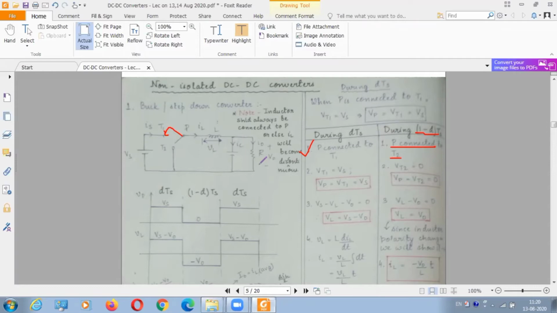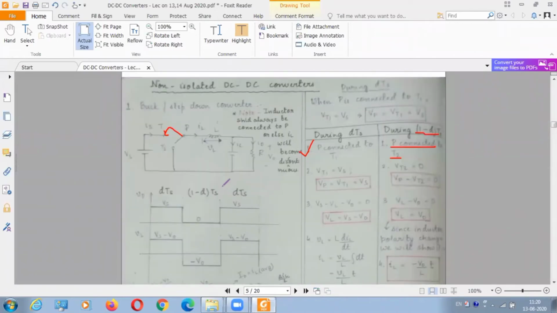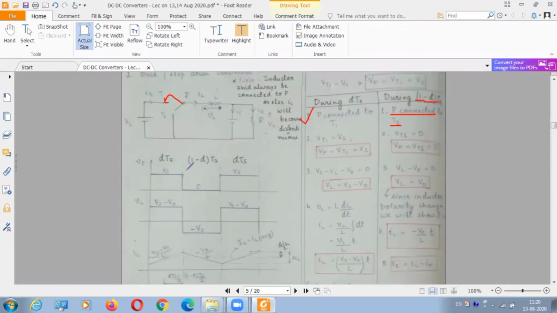Another very important thing you should remember: transient analysis, or the supply is DC. That's why I took the first class on transient analysis. What we are studying here is steady state. Don't ask me what will be the transient condition. All the waveforms drawn here are steady state waveforms. Transient is only for the start. After that, this waveform will appear across the load or inductor current. For the first few microseconds there will be transient, after that steady state operation will occur.